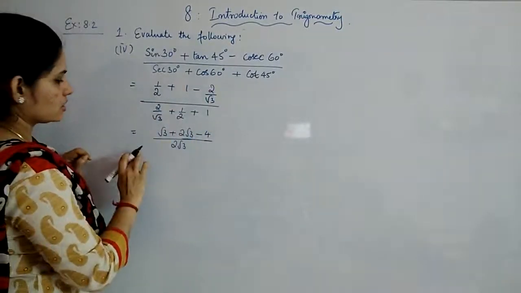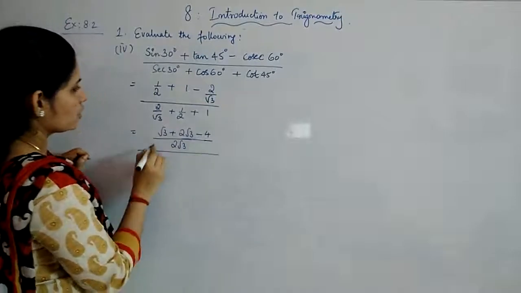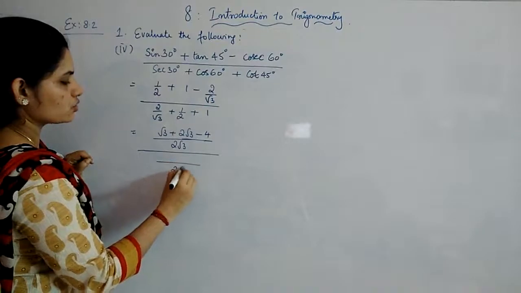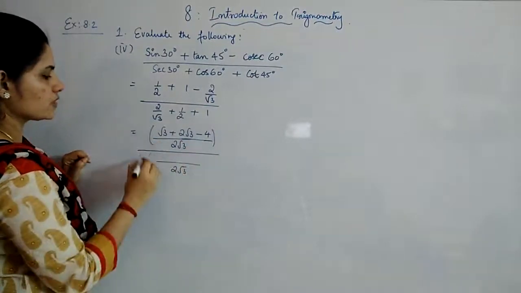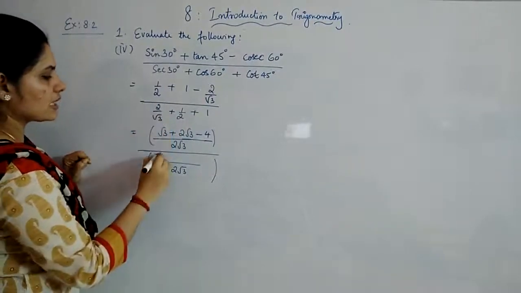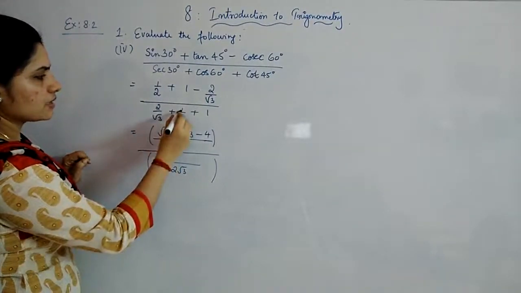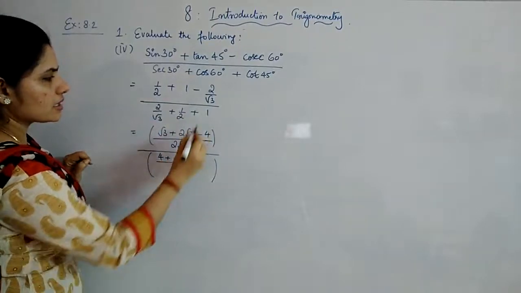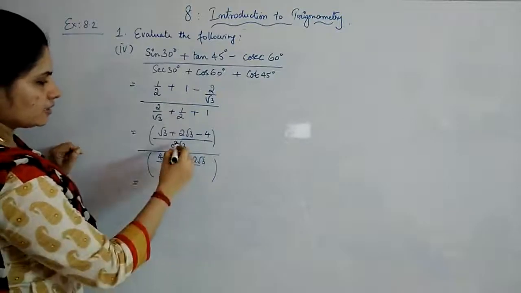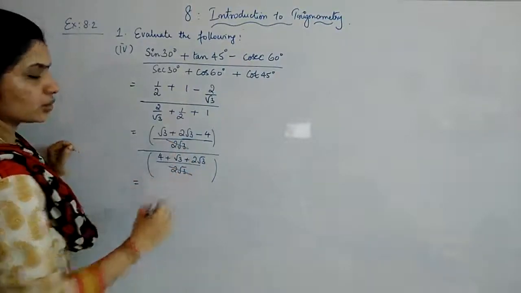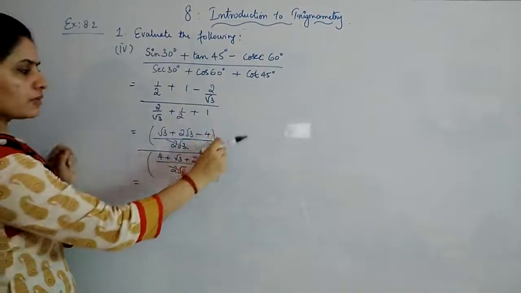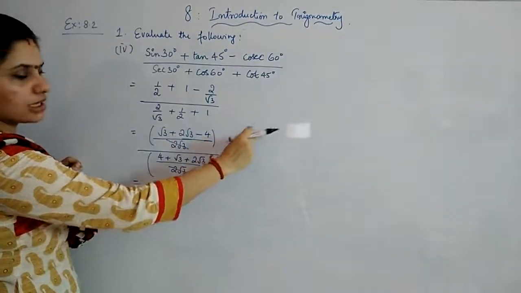So this is your numerator only. Now the denominator, here again you are taking separately the LCM as 2 root 3. So this is your numerator, this one is your denominator. Here again taking the LCM will give you this part as 4 plus root 3 plus 2 root 3. Now here itself you can just cancel both the denominators because they are the same, and you know the process, it will reverse its order and come in the numerator so that it gets cancelled.